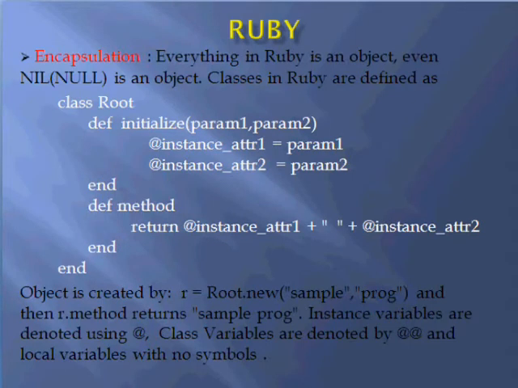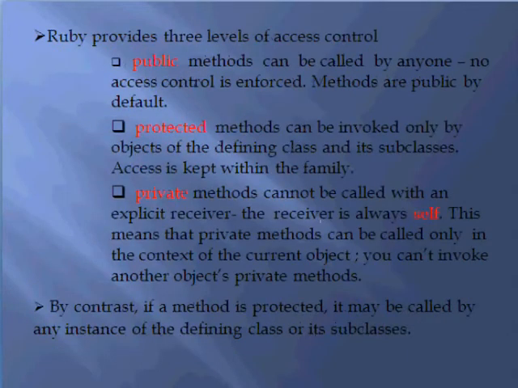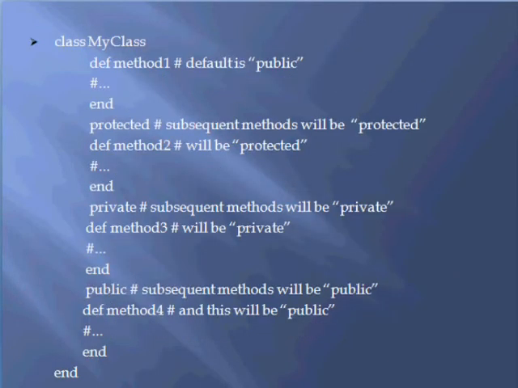Ruby supports three types of access specifiers. They are public, protected, and private. In Ruby, members of a class can be public or private. Public is its default behavior. Classes are dynamic, that implies members can be added at any time. Methods of a class can be removed at any time.